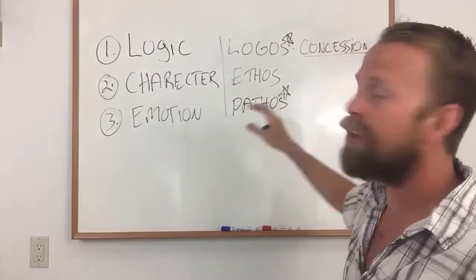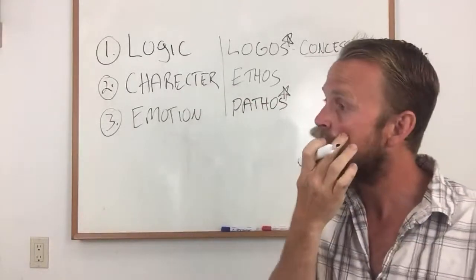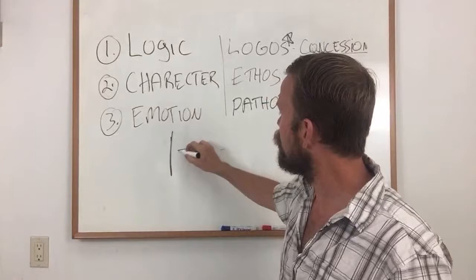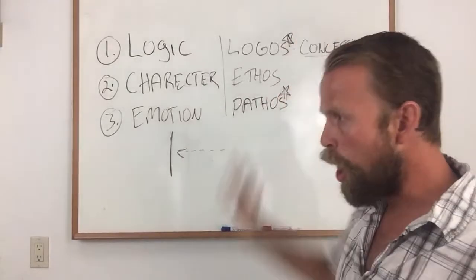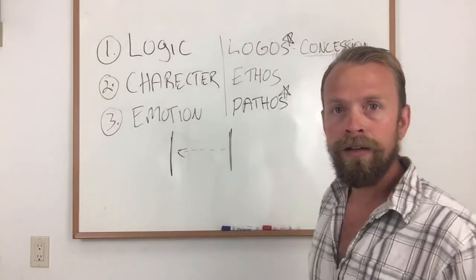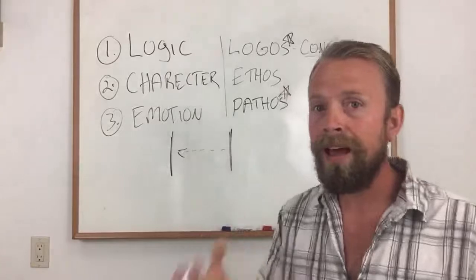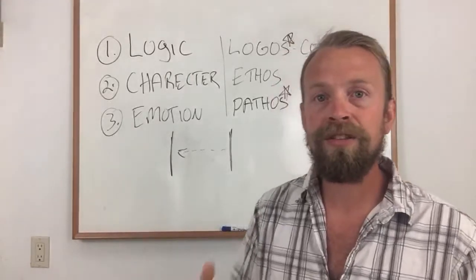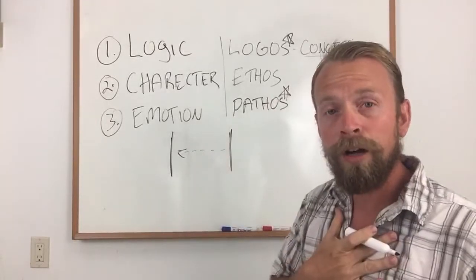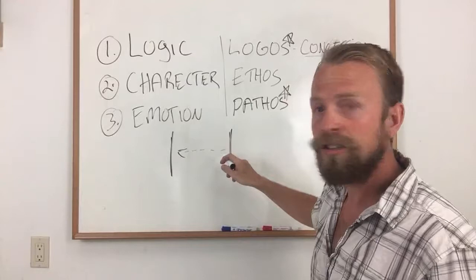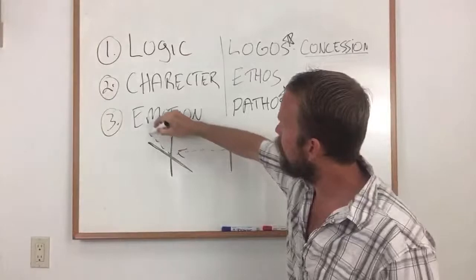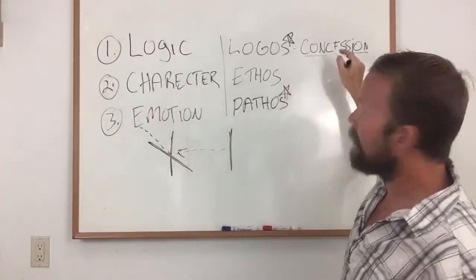When you think about it, when you get into an argument with another person and somebody has a point of influence, if you are like a brick wall and they send that idea towards you and you say, no, not right, that creates another brick wall on the other side. Nobody likes to be told that they are wrong. If you do not concede or create agreeability, if you are not agreeable, the other person is not. So rather than being that brick wall, we want to turn. We want to deflect it so that it bounces off. And the way that we do that is through the art of concession.